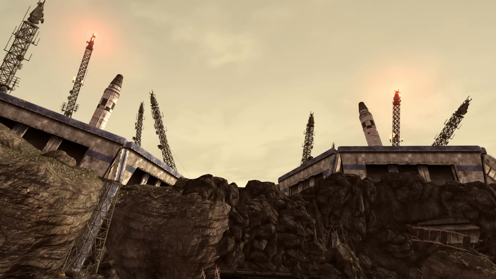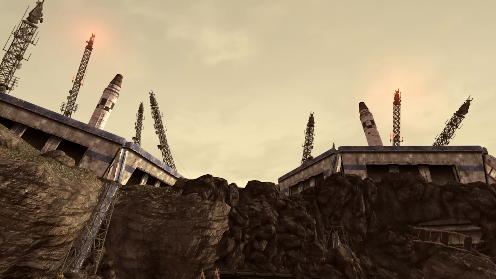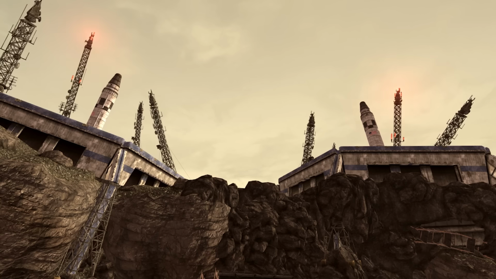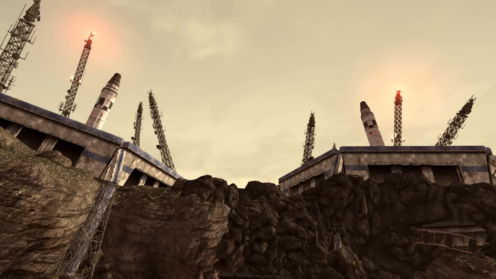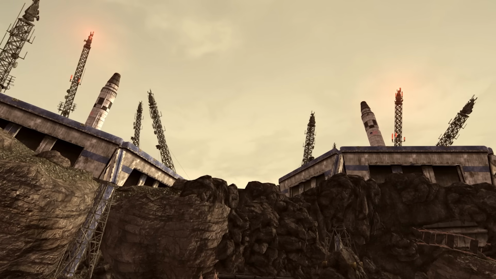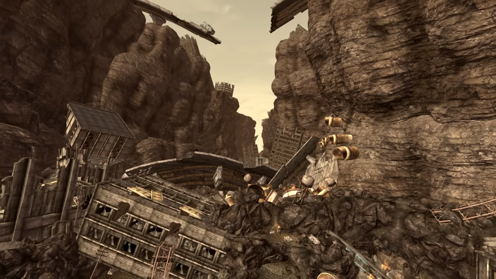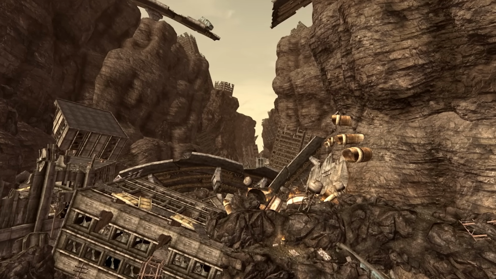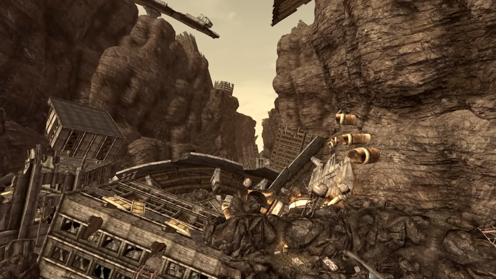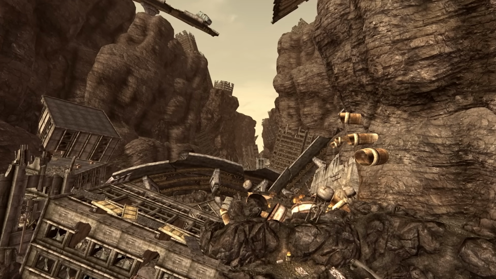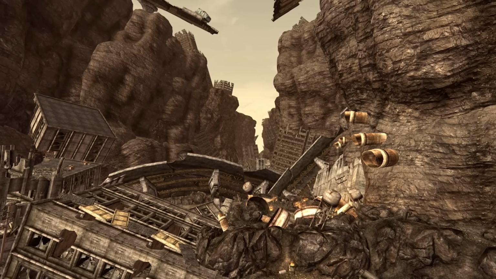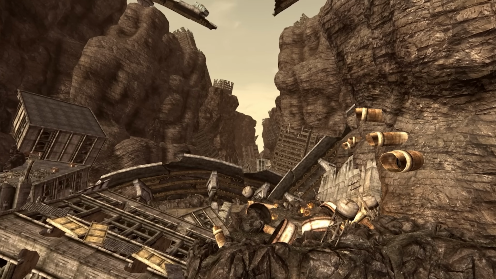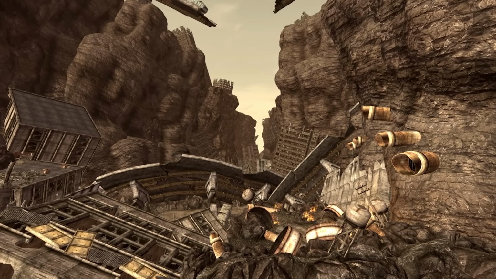There was another WAN that we can deduce existed in what is now called the Divide in the Lonesome Road add-on. The Divide used to be a large military complex that encompassed two small cities, Hopeville and Ashton, before the Great War reduced the inhabitants to a small group clinging for survival, and before the Courier unknowingly delivered a package that would detonate the sleeping nuclear warheads hidden in the silos underneath, this sprawling pre-war and rather idyllic area